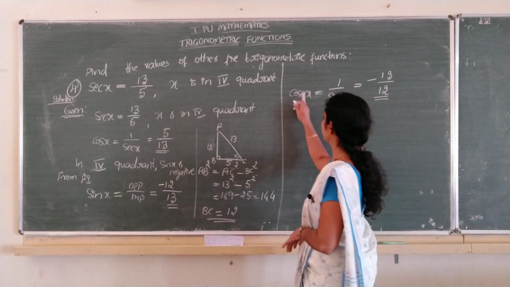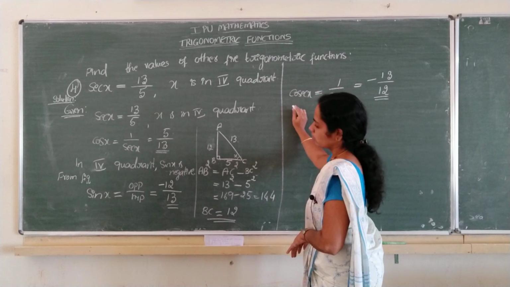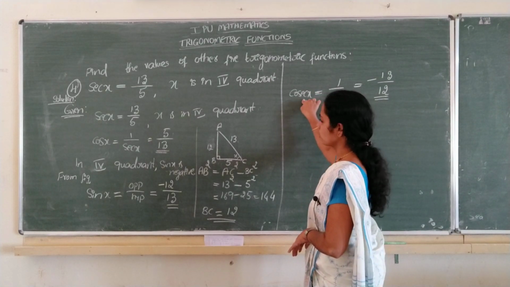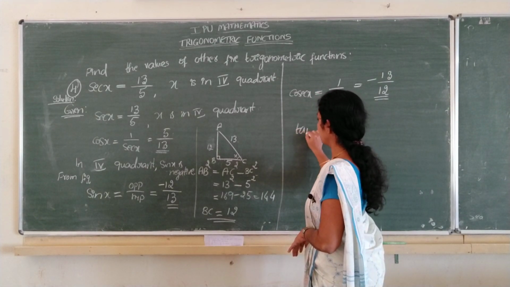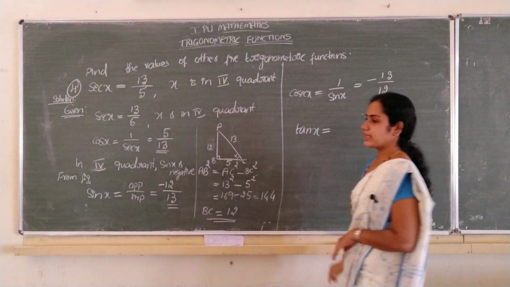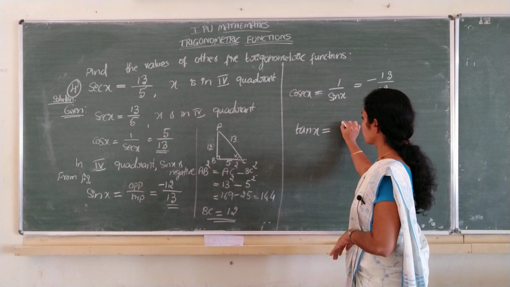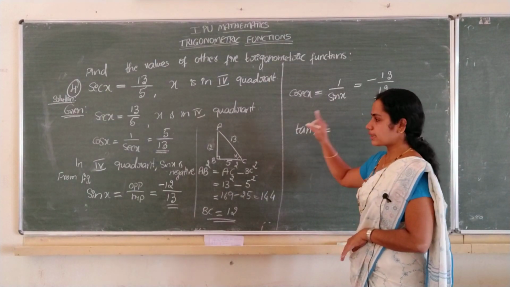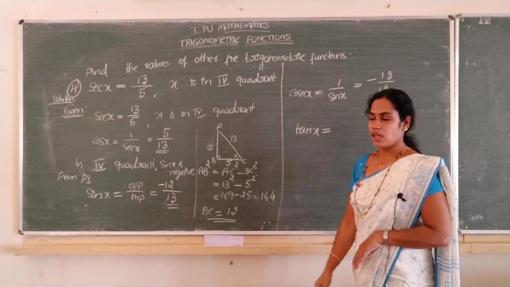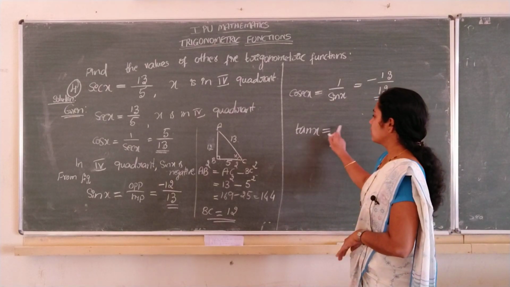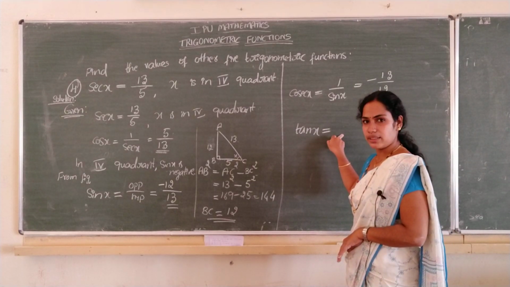Now sin, cos, cosec are over, we need tan x. What is tan x? Tan x is equal to, either we can write sin x by cos x,